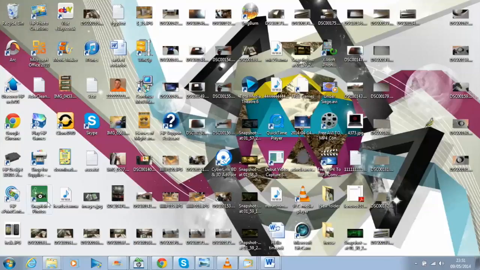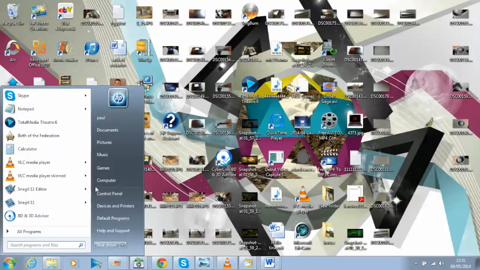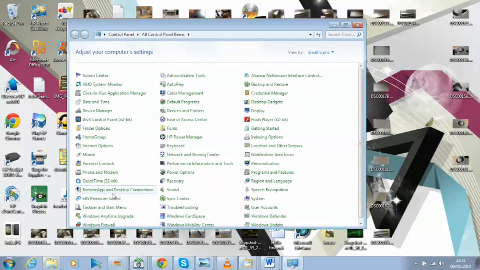So you go into your start menu, control panel, then you want to click on backup and restore. Now sometimes the dashboards look a bit different to this depending on how it's set up. So if you have any trouble finding this, just type it in the search box and it will come up. So backup and restore, we click on that,